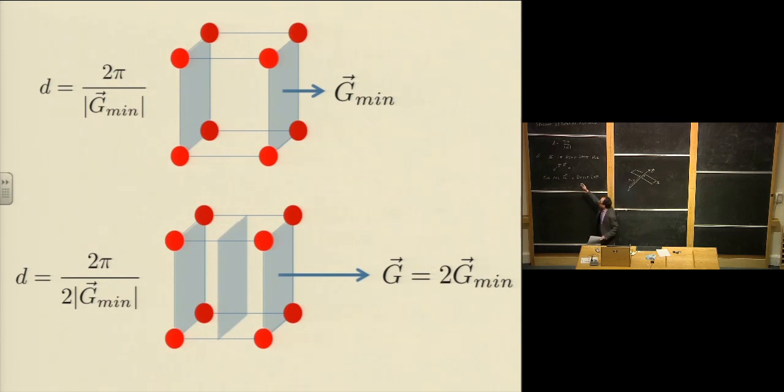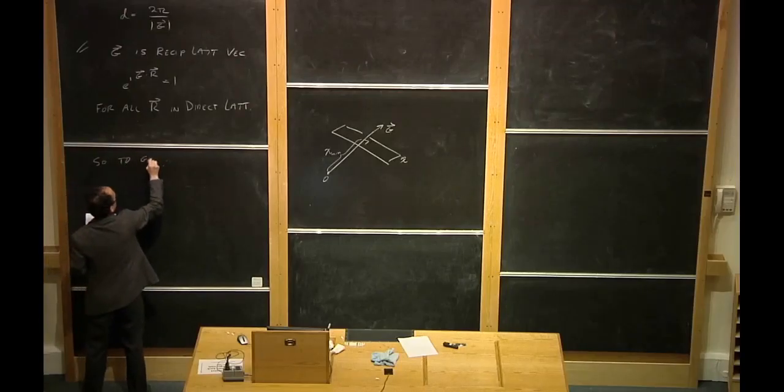What we're guaranteed by this law is that all direct lattice points must be included in one of the planes, but we're not guaranteed that every plane has to cut through a lattice point. So to get a family of lattice planes,